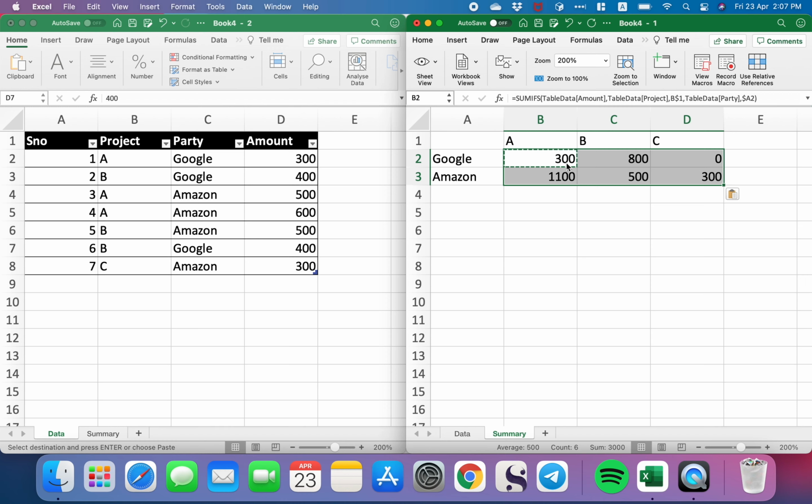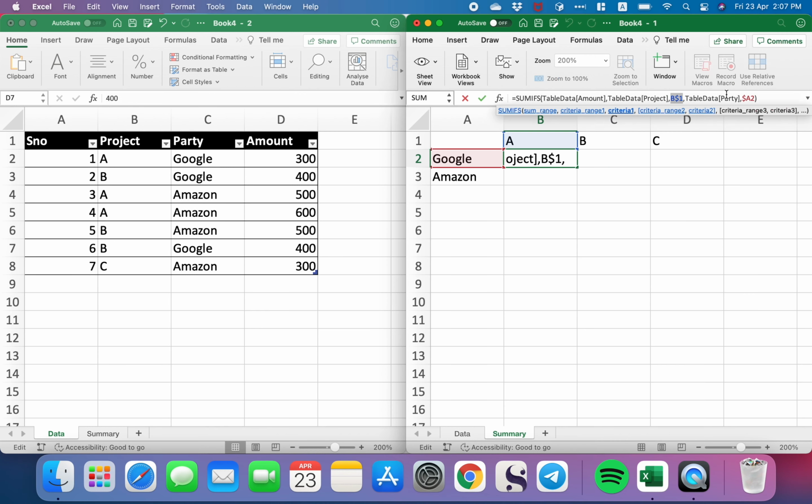Now you may be thinking, you just showed us those arrays, so can't we just plug those values in? And the answer is yes, that is it. All we have to do is say that instead of writing here, instead for the project, let's start with the party actually, because this will explain some problems that crop up with this. Let us say that we want the party. If we go table data party,